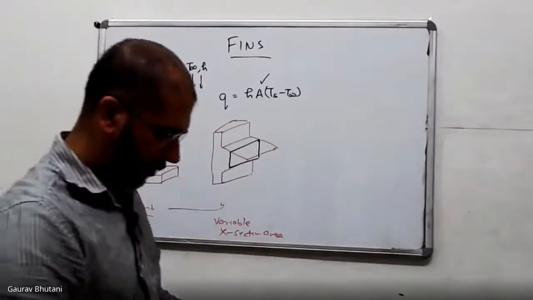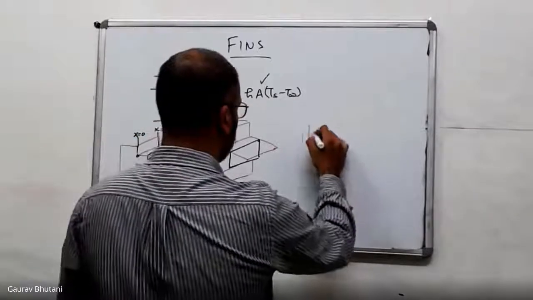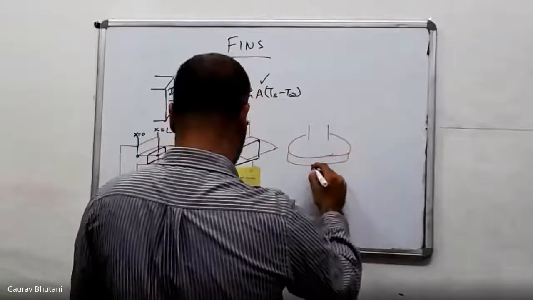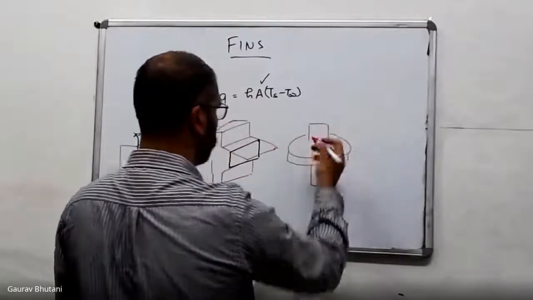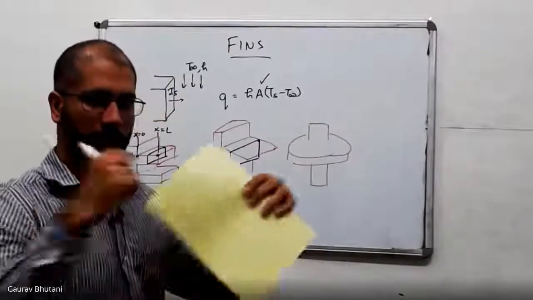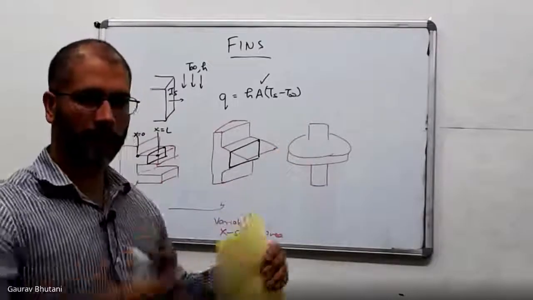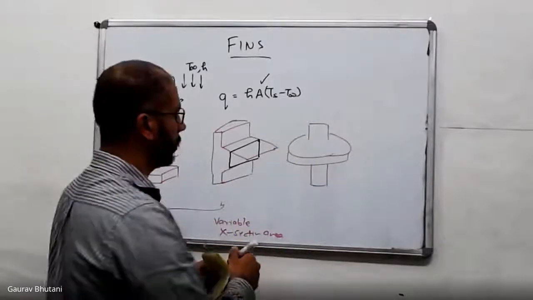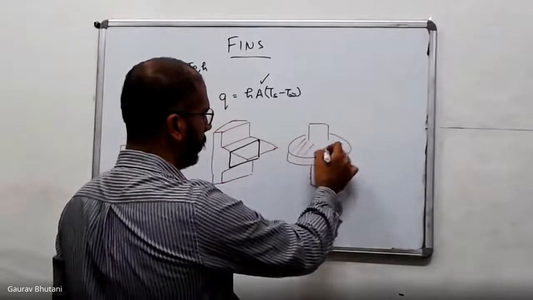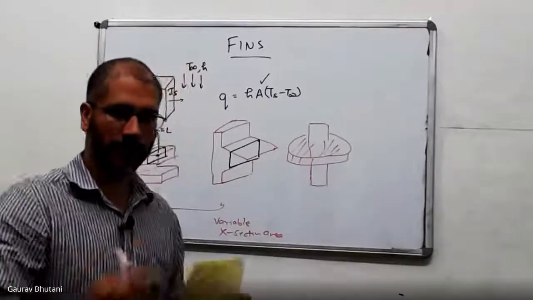Then there's another fin called an annular fin. Here you have something like an annulus. If you have a cylindrical geometry, like a rod or a pipe which is getting hot, you can attach these solid rings over it, and these give more area. Earlier the heat transfer was happening only from the lateral surface area. Now you have the complete surface area along with these edges as well, so you have more surface area for losing heat.